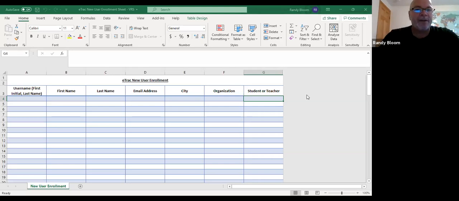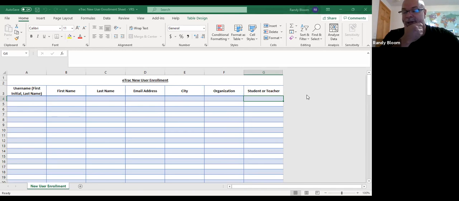All right, so this is the new user enrollment sheet, very simple. Username is just simply the first initial and last name. Enter the full first name and last name, email address, and city you can put in there, organization.